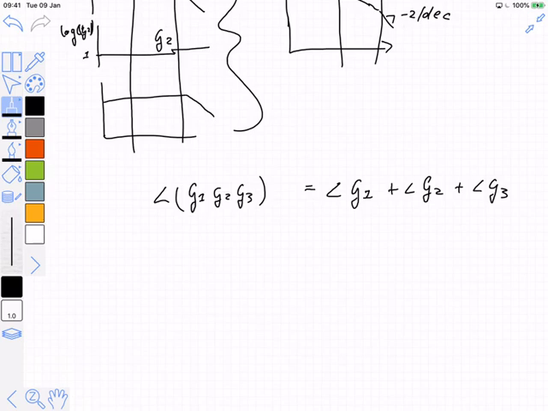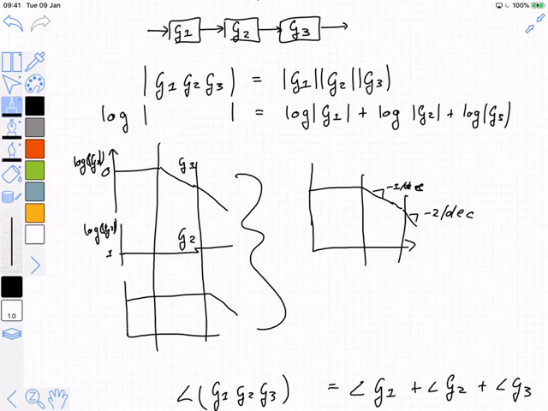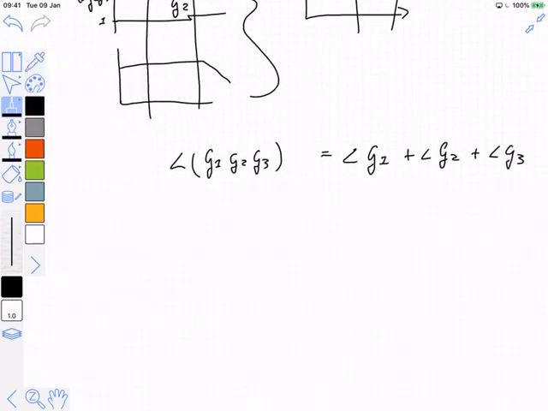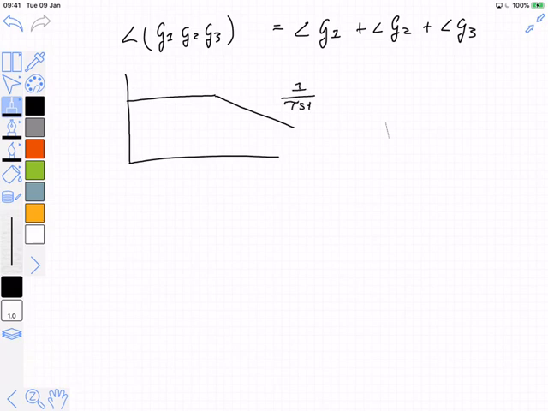Because Bode diagrams are constructed in such a way that products of systems are easy to construct using no special machinery. If I have each of the separate Bode diagrams, I can easily imagine what the product will look like. Furthermore, if I know my log rules well, these are like a first couple, it should be obvious that if the magnitude of a frequency response for 1 over tau s plus 1 looks like this, then the magnitude of a frequency response for tau s plus 1,